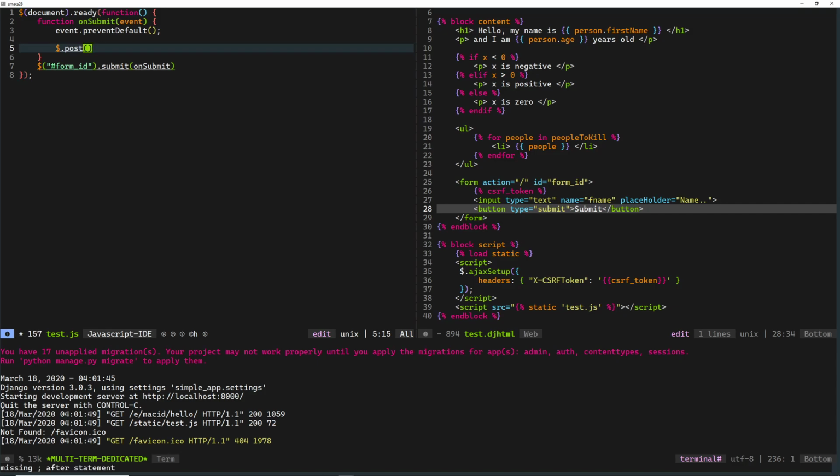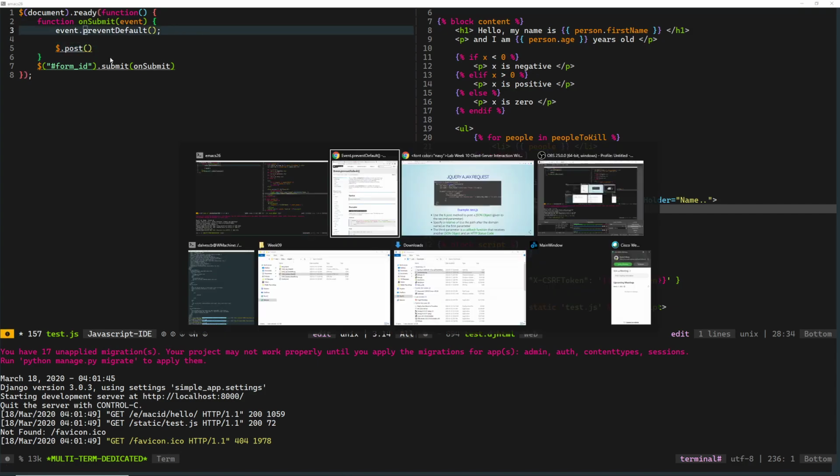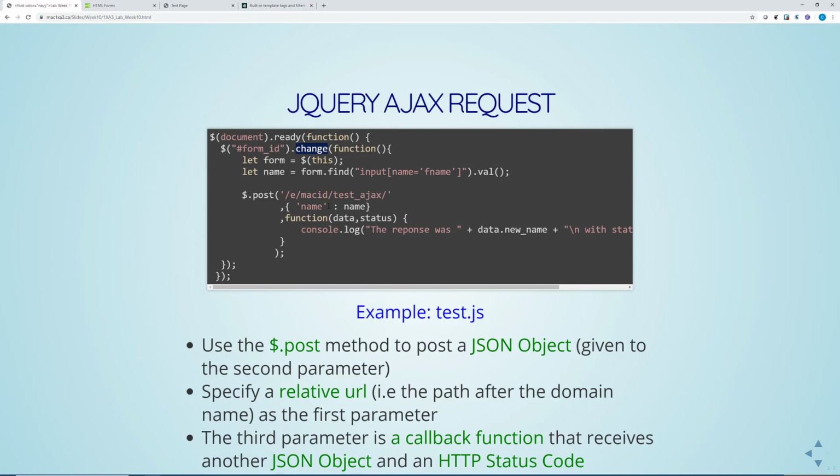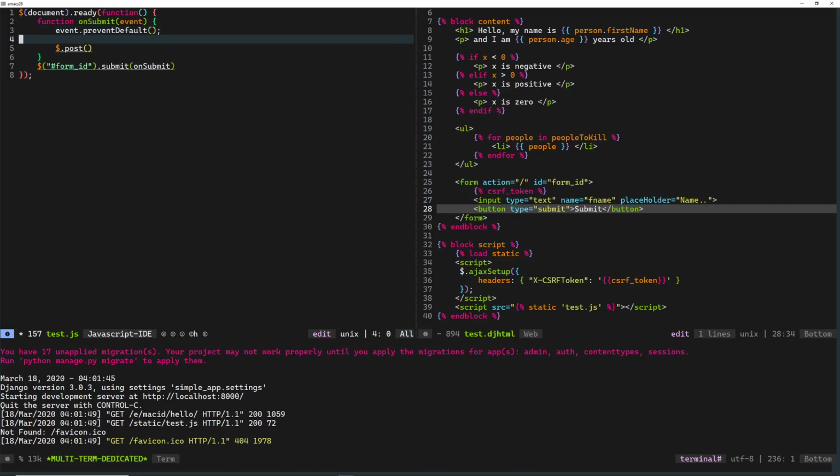So this $.post is going to take three things. The first thing it's going to take, if you look at our slides again, is a URL. Okay, so this URL is going to be relative to the current domain. So whether you're on mac1x83.ca or it's localhost 8000 or whatever, the path that comes after that is where you're posting to. So let's define this path. We'll put let URL path equal